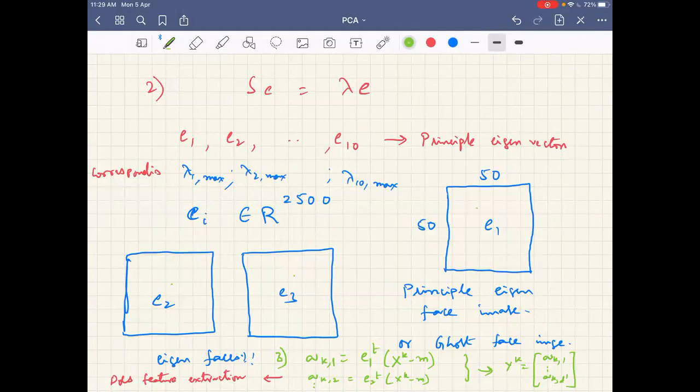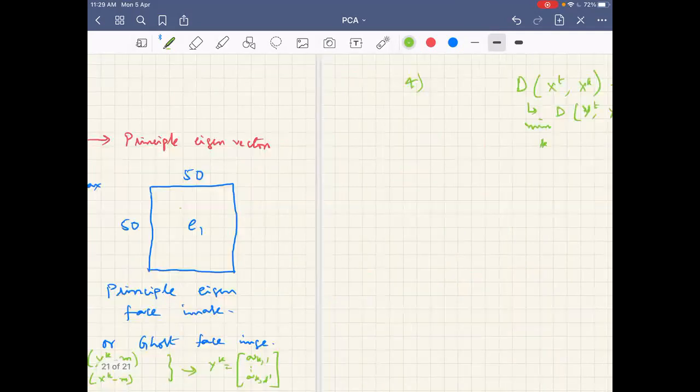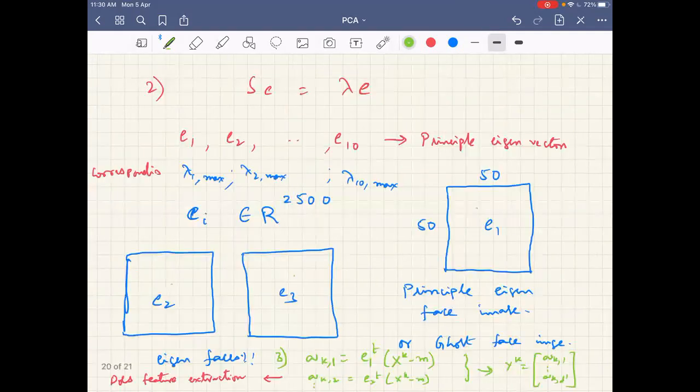No. See, test data is assumed to be in one of the classes, right? So the test data doesn't differ much from the training data. That is the common assumption. So we project the training samples onto the eigenfaces, and similarly the test sample also. Here xk will be replaced by xt to get the features. Then in the feature space, we find the distance to find the nearest neighbor classifier, or whatever you can use, even sophisticated classifiers. Instead of using direct image pixels, we now use the features, the principal components, for developing the classifier.